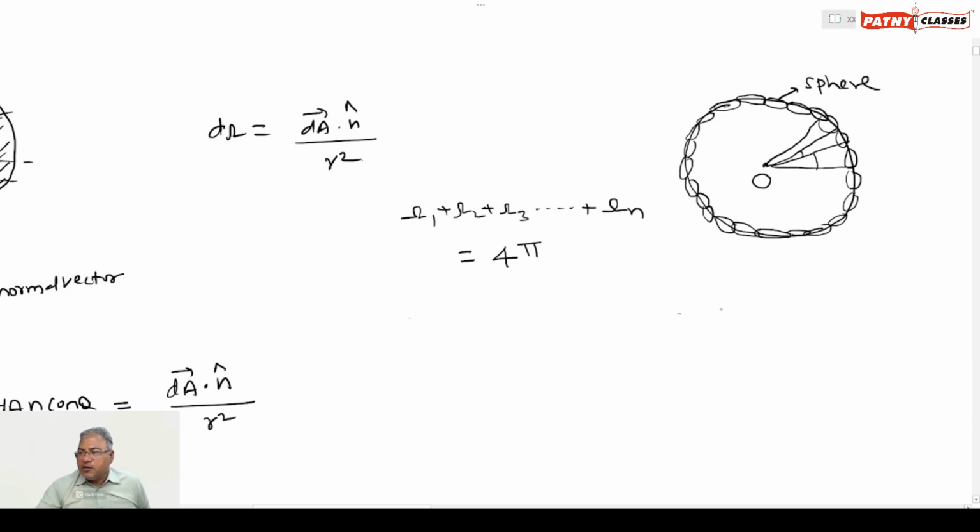Suppose the given body is not spherical in shape. It is any other arbitrary shape like this, but it is a closed body. Now consider point O here, and again we will consider many small surfaces on this three-dimensional body, like in the earlier case. So in that case also, the total solid angle